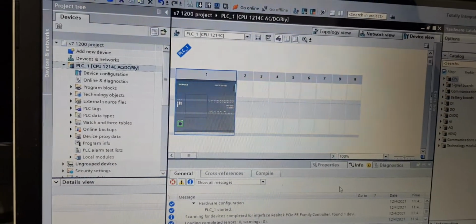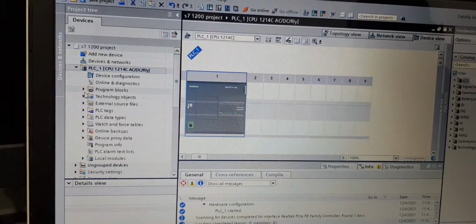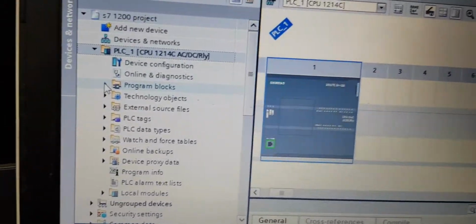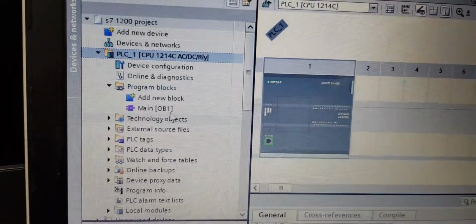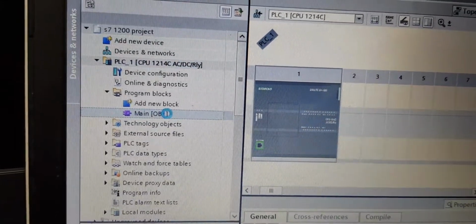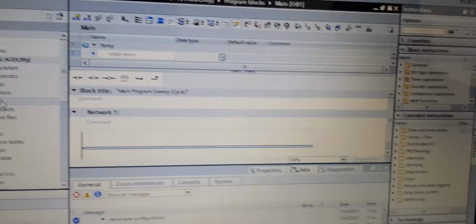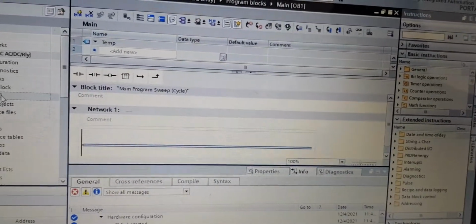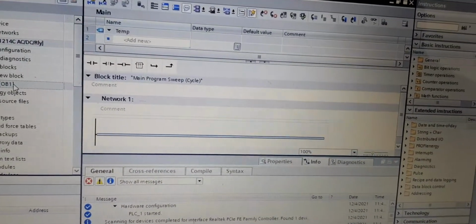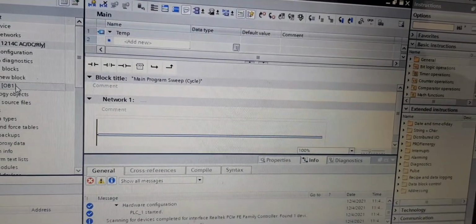Now what we have to do, we have to write a program. So here go to program blocks, then main OB1. Here you can write any program whatever you want, but as you change the PLC, the addressing may be changed.